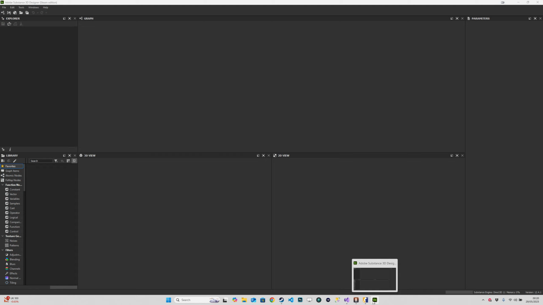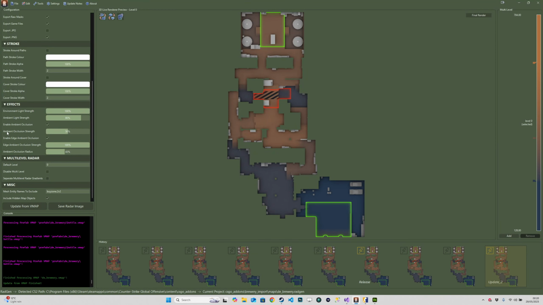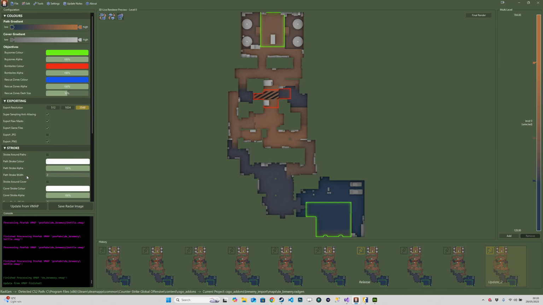So if you prefer the look that you get from using this SPSAR rather than the look and output of things in RadGen, or you just prefer to use Substance Designer for configuring the actual aesthetics of the radar, and you have access to it, then what you might want to do is inside of RadGen, make sure you have export raw masks enabled when you're saving, and what it's then going to do is it's going to output some